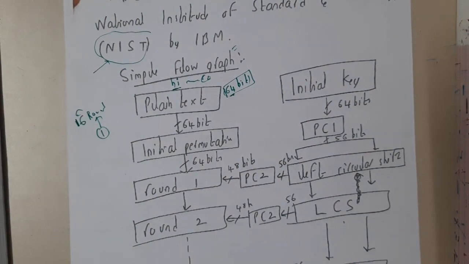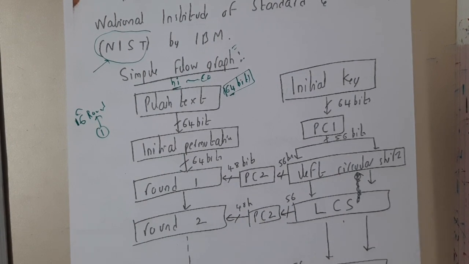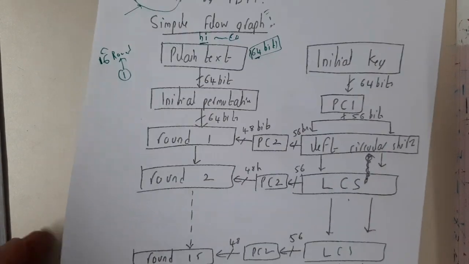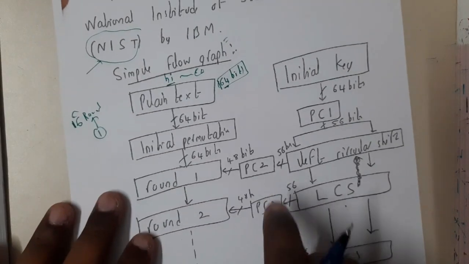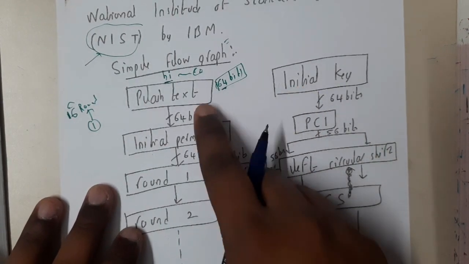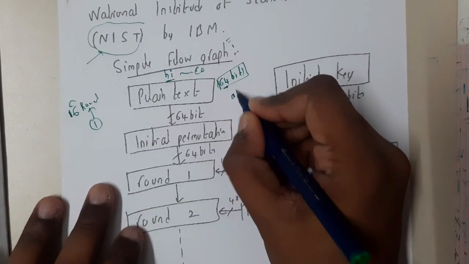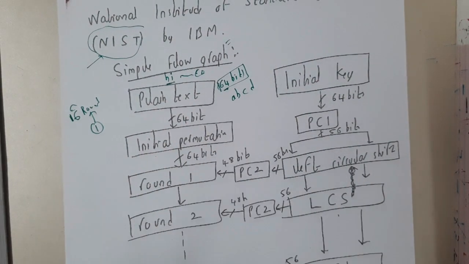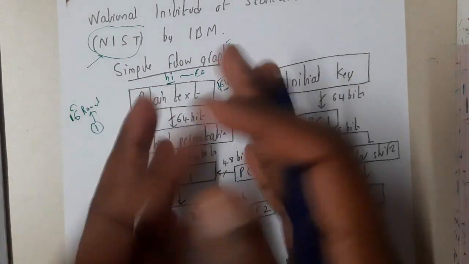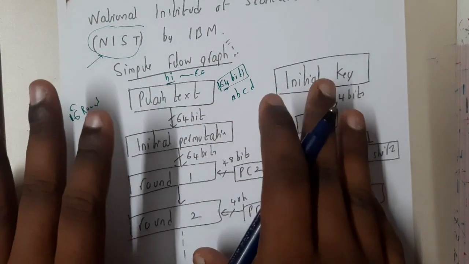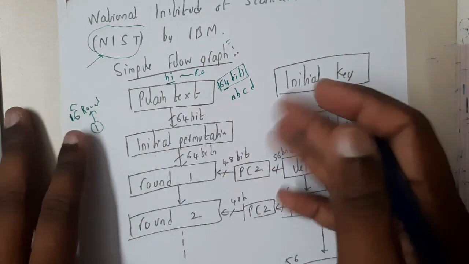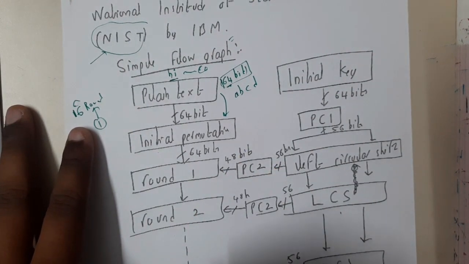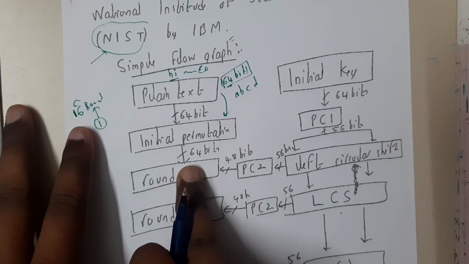So first, which flow shall we check? We will check the initial key, and parallelly the plain text, that will be easy. Okay, let us start. Initially our plain text, assume that it is ABCD, is 64 bits. It will be passed into the initial permutation. Permutations are nothing but you just jumbling the bits, that's it, simple. There is no particular order, and you shuffle them. Once you shuffle them, will there be any reduction in the number of bits? No. Here you started with 64, and here also you get 64.